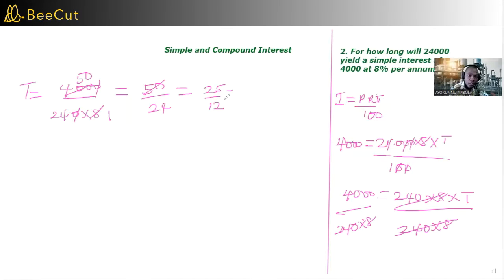So I can now say, how many 25 is here? It's 2. How many 12 is in 25? That is 2. Remainder 1 over 12. So if this is in years now,